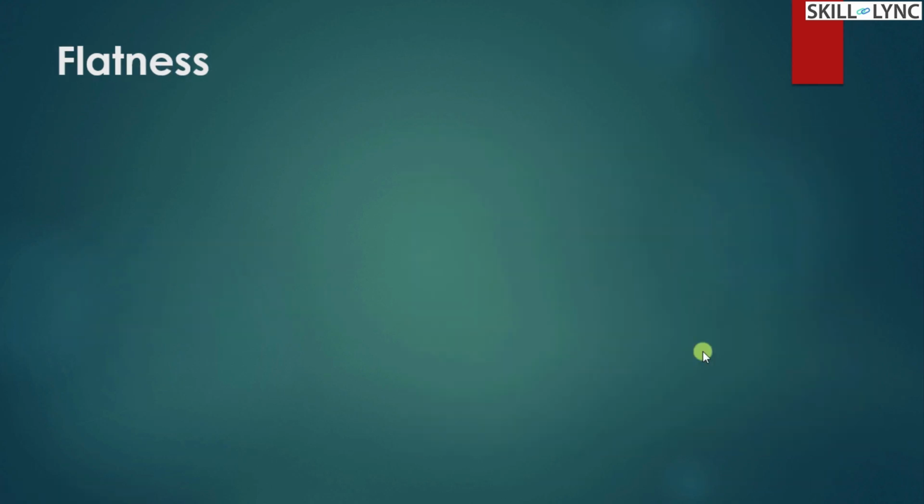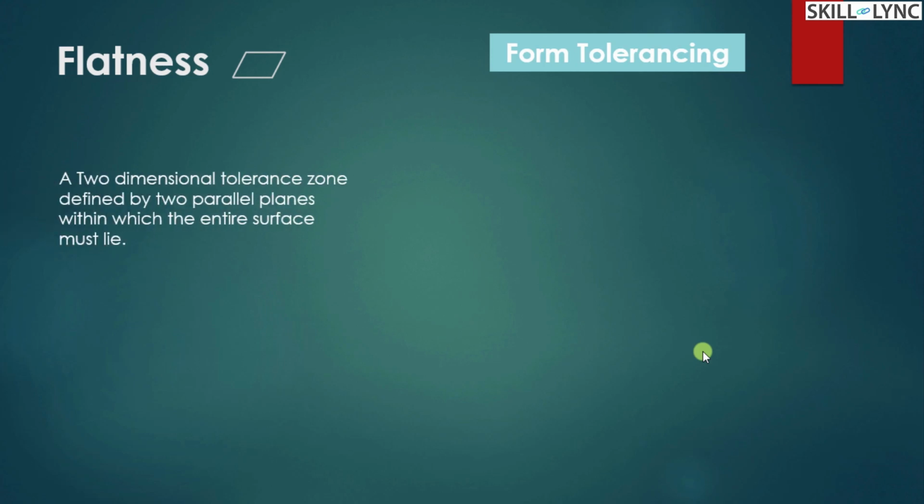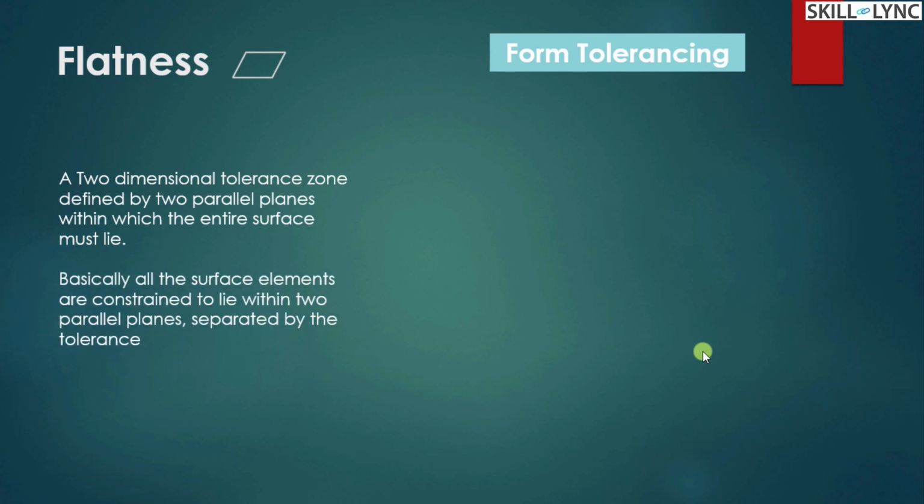So next, moving forward, flatness. It is an extension of the straight line. It's also a part of this form. It controls the form of the surface. So this is the symbol for flatness, and here it's a two-dimensional tolerance zone defined by two parallel planes. Earlier we were seeing lines. So these are two parallel planes within which the entire surface must lie. All the surface elements have to be constrained to lie within those two parallel planes only, separated by